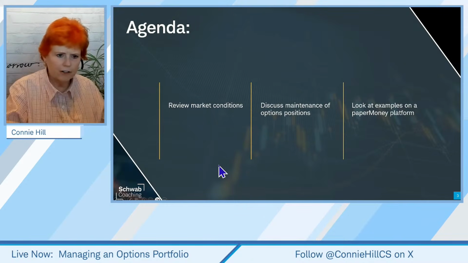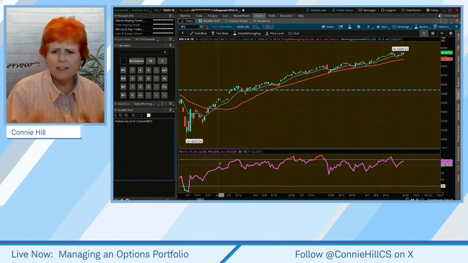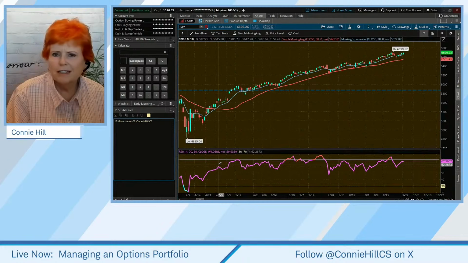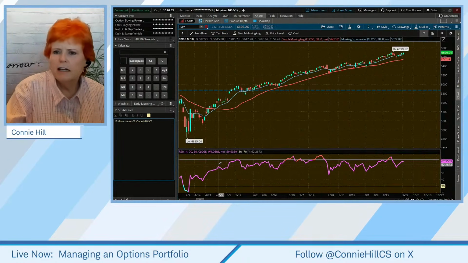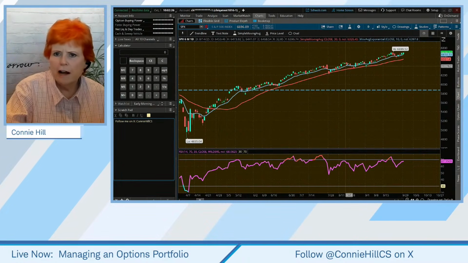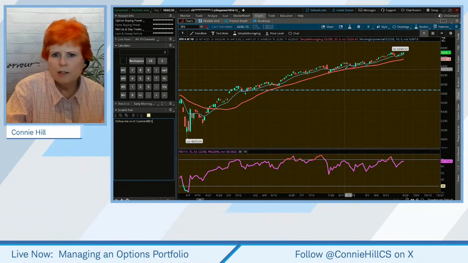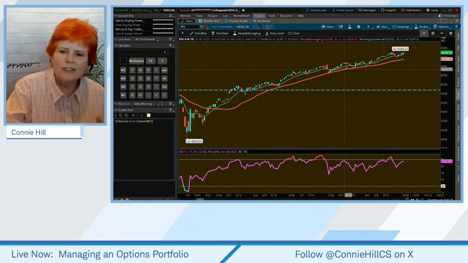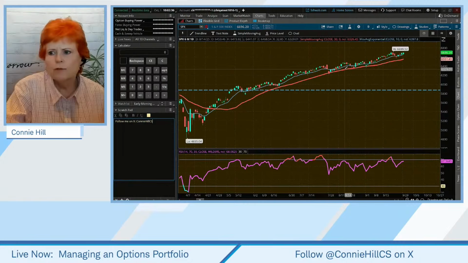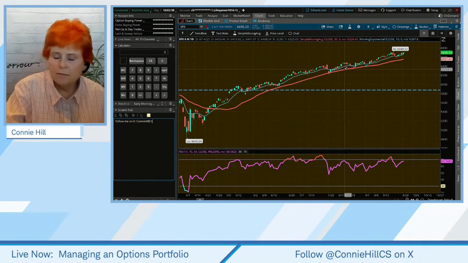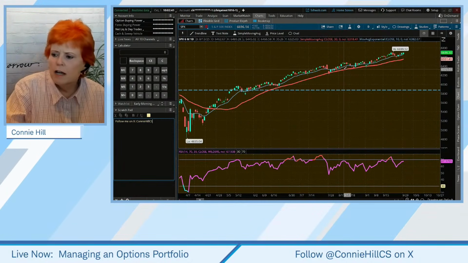I'm going to hop over here, over to my Thinkorswim platform. I've just got the SPX chart up here. Your chart might look similar. You might do something completely different with it. Basically, I've got a 10-period moving average. That's the blue one, and it's actually an exponential moving average. This red line is a 30-day simple moving average. So they give us an idea of what the short-term trend is doing, what the intermediate trend is doing, and both of them are obviously going bullish.